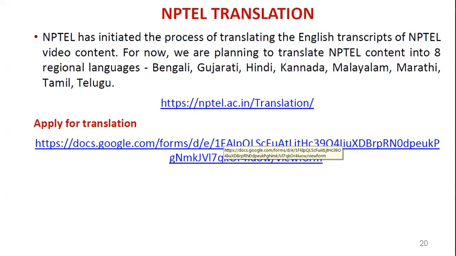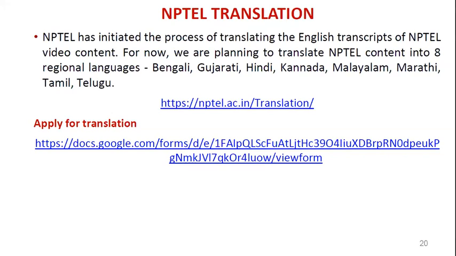You have to upload that sample along with this application form. After scrutiny, if you are selected, they will give the option of courses. Choose which course you want to translate into the target language. This is another initiative by NPTEL.